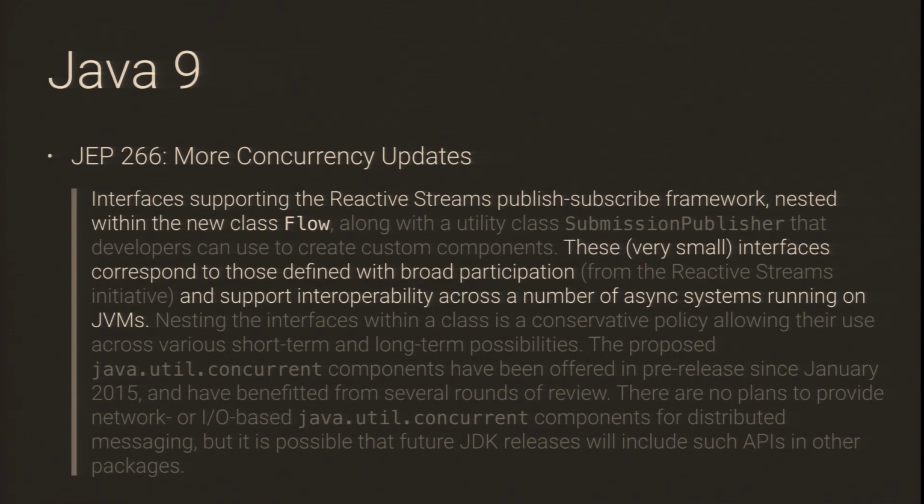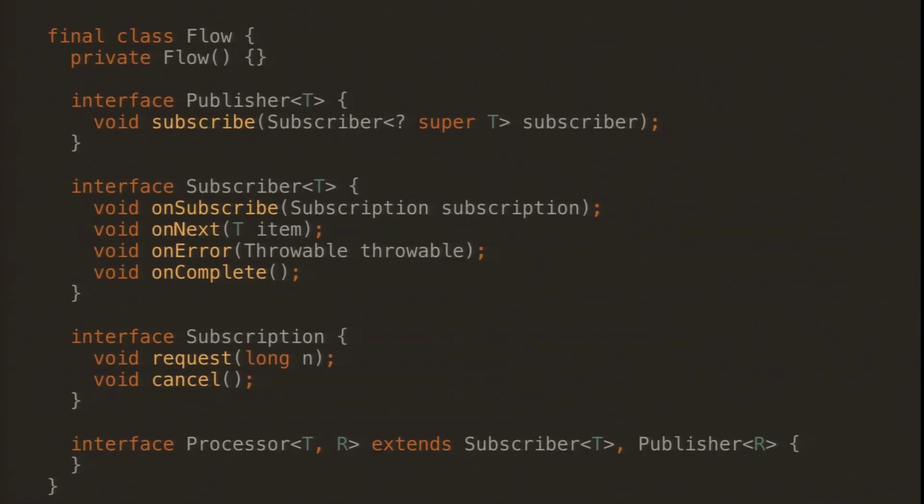Interfaces which support the reactive streams publish-subscribe framework are nested in a new class called Flow. These very small interfaces correspond to those defined with broad participation and support of interoperability across a number of async systems for the JVM. And if we pull up the Javadoc, or we go look at the source for Java 9 and download early access and hook it up in our IDE, we look at the Flow class,